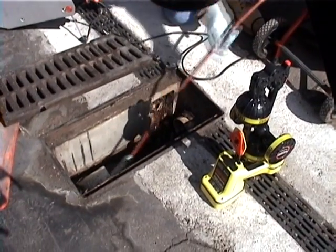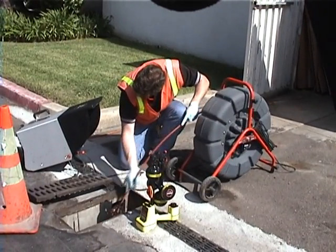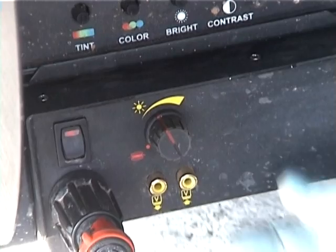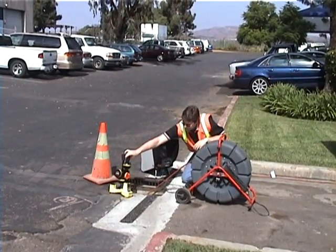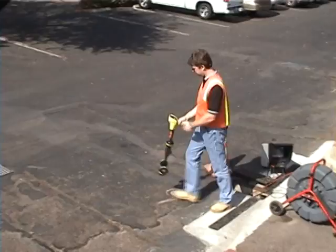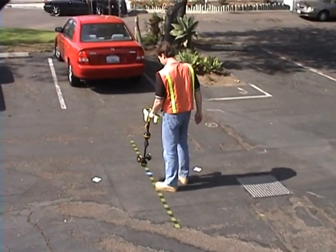We've put the camera into a drain line that tees into another line after about 8 feet. We've pushed the camera just past the tee, which in these conditions should be well within range of the transmitter's signal. We've turned the camera's transmitter on and set the receiver's frequency to 512 Hz sonde mode. The sonde's location is marked with tape, and our technician has positioned himself directly over it,